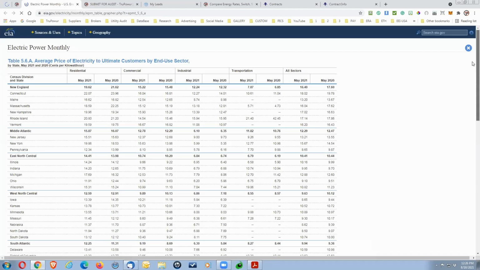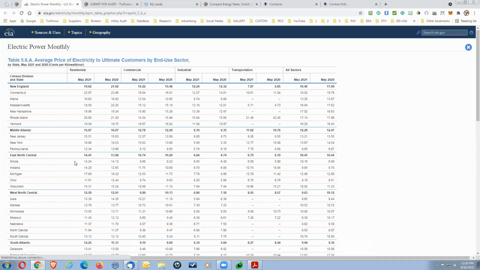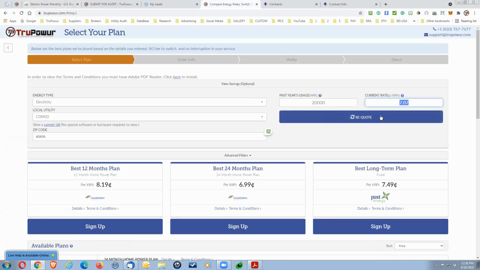And so if we are looking for Illinois, we are right here. And you can see this is residential. And so if the customer doesn't know, then refer to this list. This will give you a good barometer to start from. So if we put that number in there, 14.24, and hit requote,